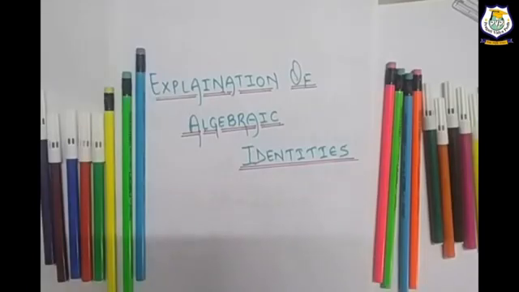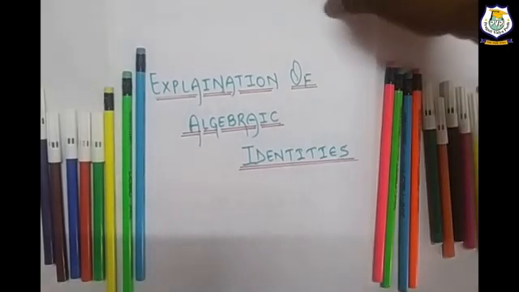Okay students, now I'm going to explain to you some of the algebraic identities, how they come. Previously we know 11 identities. Now I am explaining how some of them come. Earlier we simply remembered that a plus b whole square equals a square plus 2ab plus b square. But the question is why? How do they come? In mathematics there is a proof for everything, so I am going to explain how they come. Take a look.